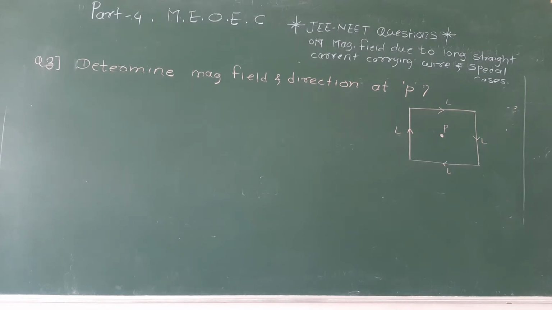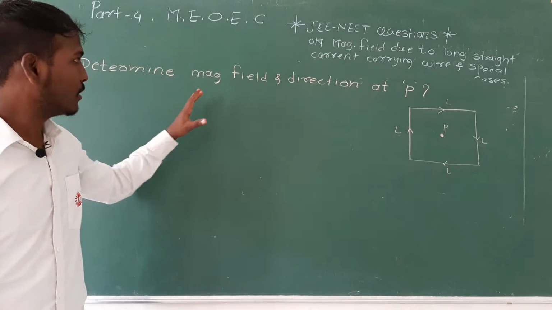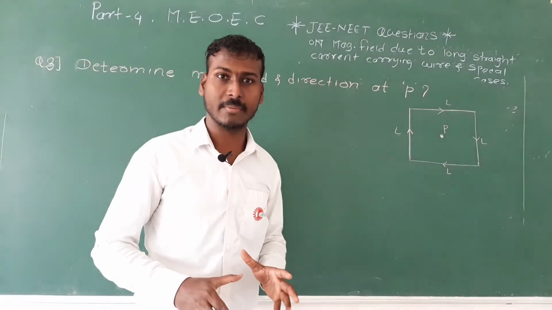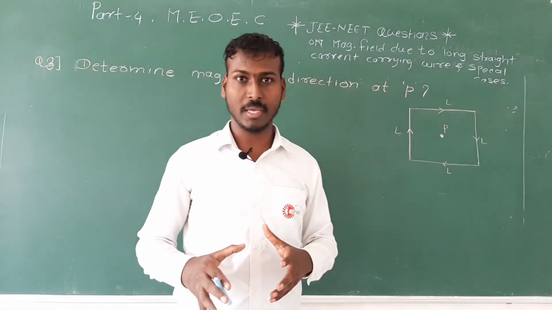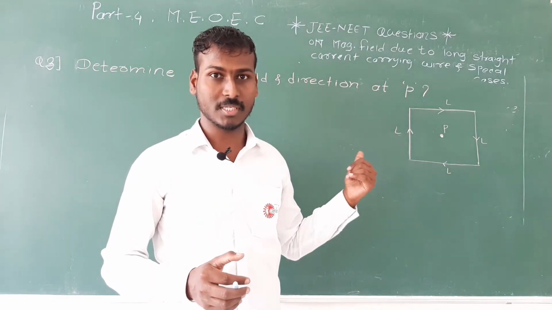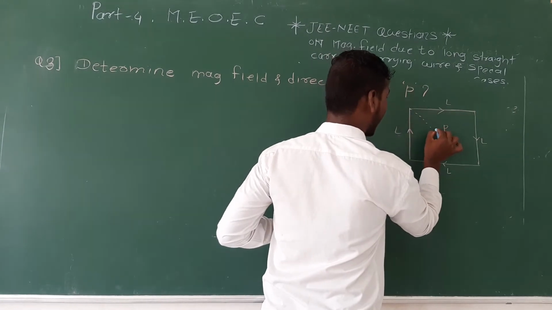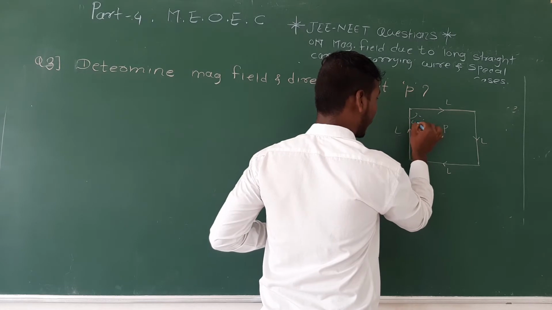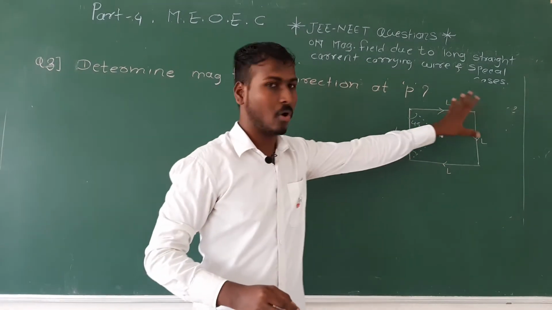Okay, let us have another interesting question. See carefully. Determine the magnitude of magnetic field and direction at a point P, which is at the center of a square. See carefully, the length of all the conductors is L. The most important point, we have already solved such questions for a triangle, but see carefully, we will convert this into what we know. So definitely this will be 45, again this will be 45. So it will be the same for all conductors.